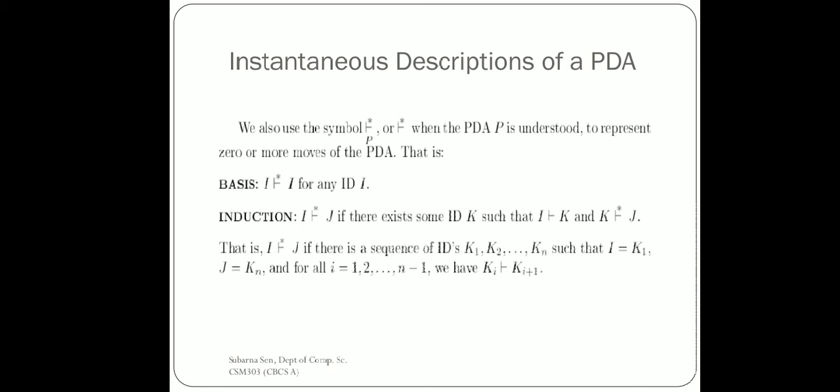Now here if we have to describe this ID, the concept of ID using the method of induction, it will be like this. We also use a symbol, means in our previous slide we have seen the turnstile symbol in two various ways. One is turnstile symbol with a P below it, and the turnstile symbol itself. But here you may also use a star above it. It means nothing, because after repeated use of this transition, means from delta applying some input symbol on a particular state having some stack content, we will move to a new state and the stack content will be changed, and this will be carried out multiple number of times. That's why a star may be used.